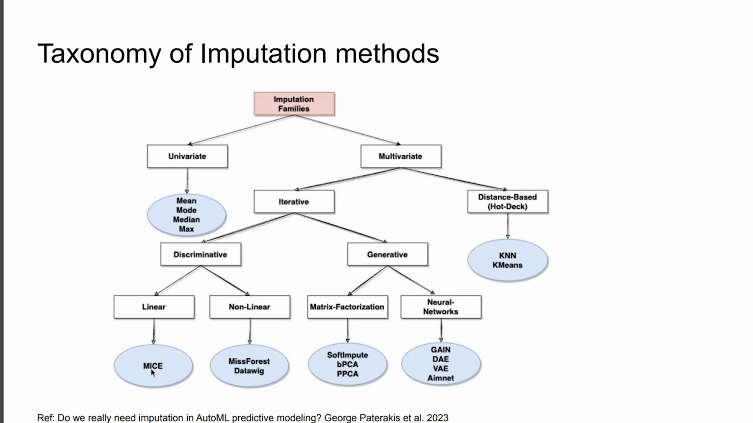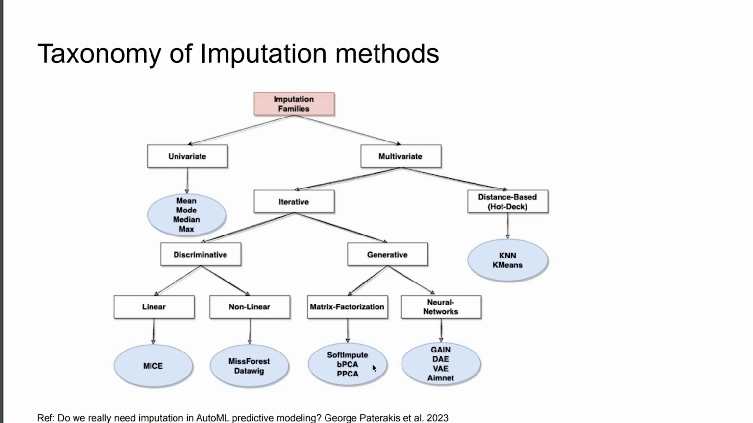Matrix factorization, matrix completion methods, which are linear dimensionality reduction methods, and neural network-based ones, which are, of course, nonlinear. So matrix factorization contains dimensionality reduction methods based on probabilistic PCA and singular value decomposition: Soft Impute, BPCA, PPCA. Spoiler alert, these methods try to capture the joint distribution using linear methods, and they do